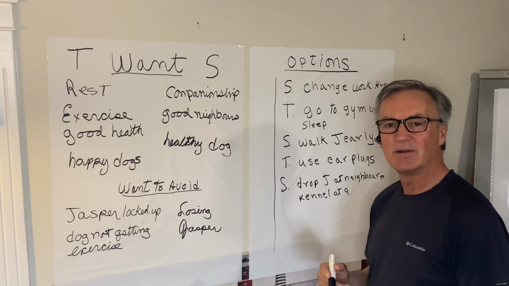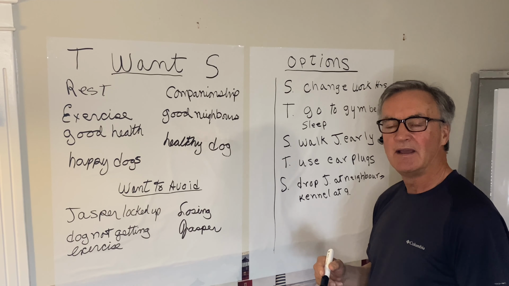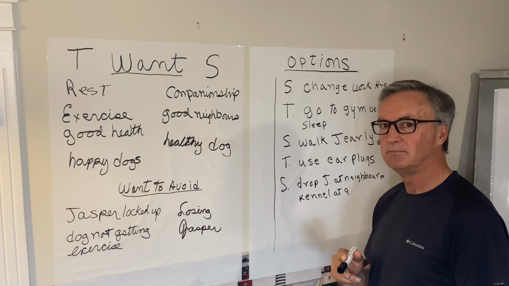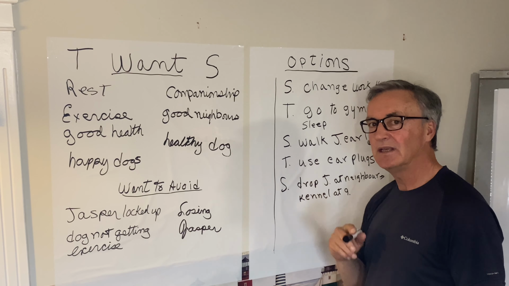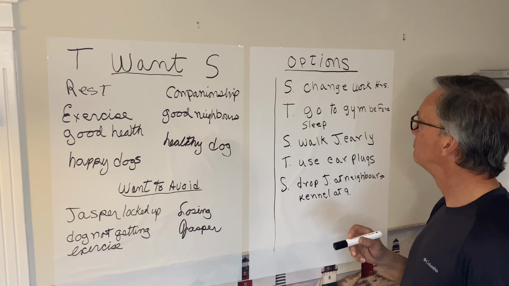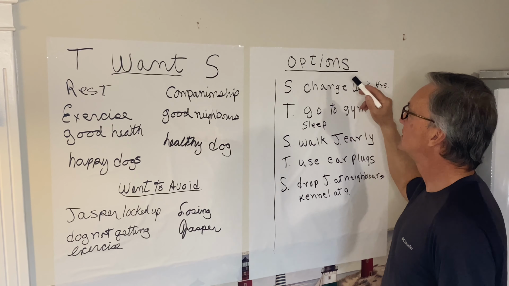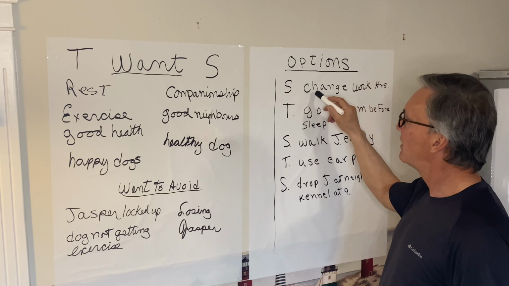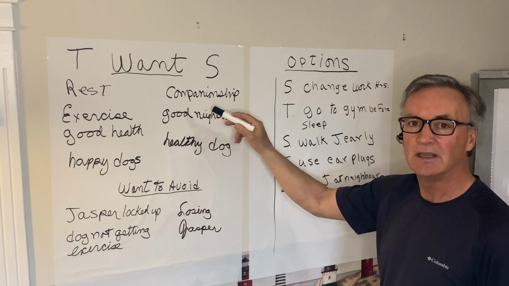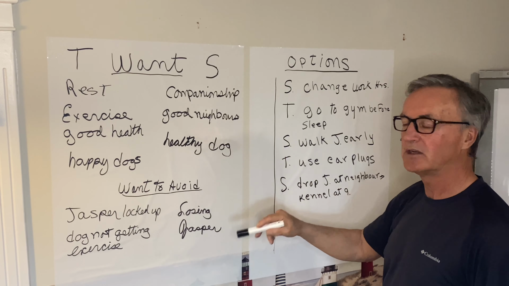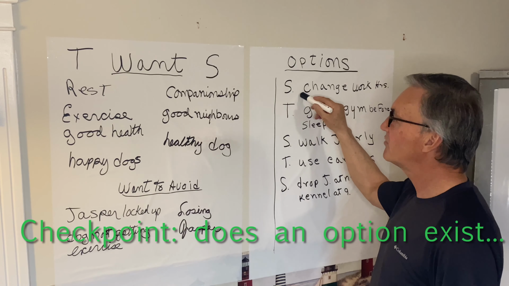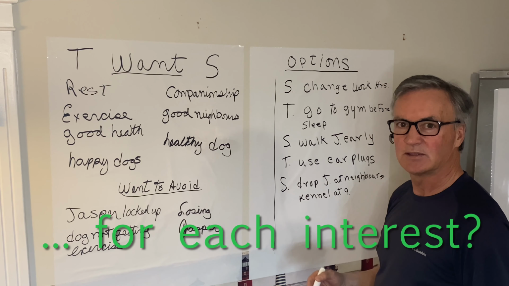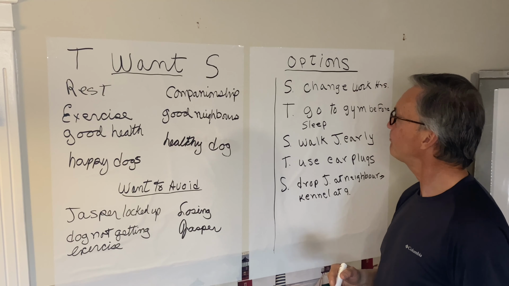The other thing that I want to point out is that there's another piece of logic hidden in this collaborative model. And they're going to hit it at step 6, actually. So one of the tests in generating options is this. Is there an option for every interest, everything that you wanted or wanted to avoid? So is there an option over here for everything you have over there? Kind of looks pretty good at this point though, doesn't it?